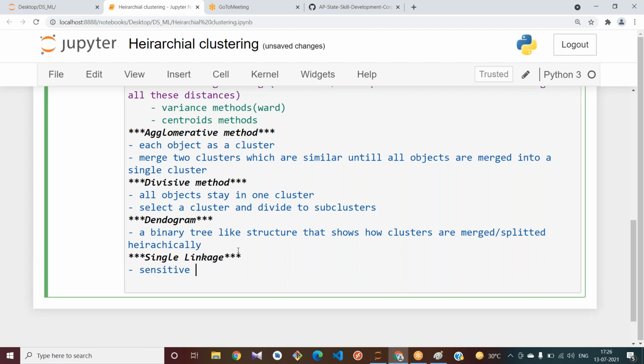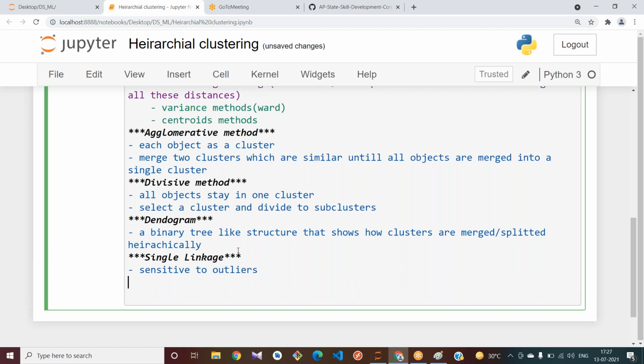Single linkage is nothing but finding the distance between your closest points, so it is somewhat sensitive to outliers when compared to complete linkage and average linkage.